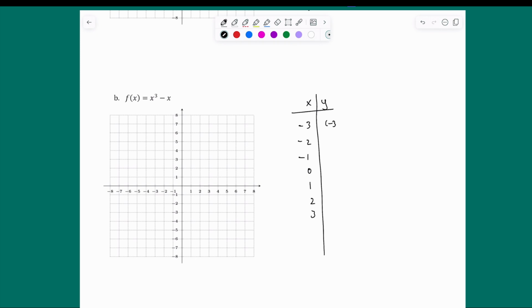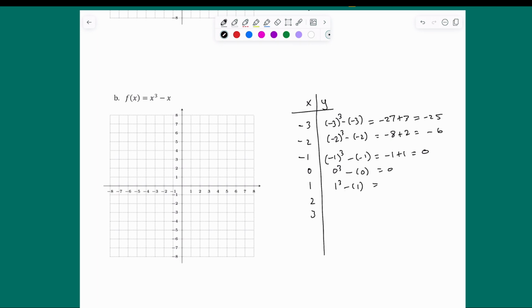All right, so we have -3 cubed minus -3, right? That would give us -27 plus 3, so that's -25. -2 cubed minus -2 gives us -8 plus 2, so that gives us -6. -1 cubed minus -1 gives us -1 plus 1, which is 0. 0 cubed minus 0 is 0. 1 cubed minus 1 is